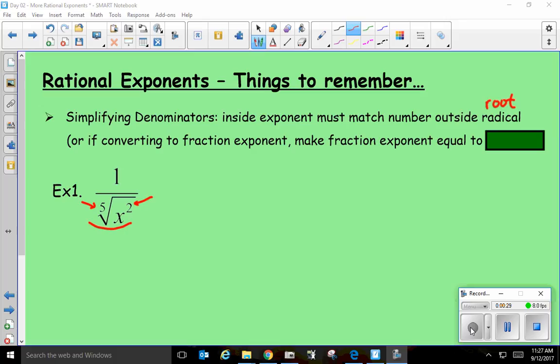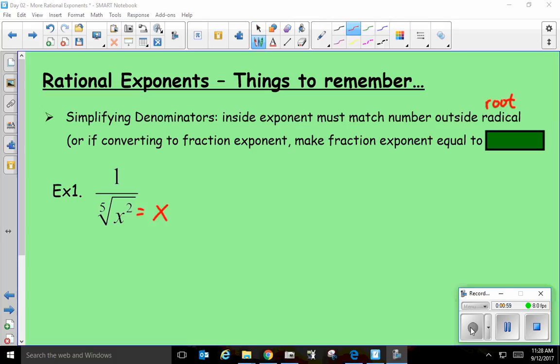How come? Because if I have this, and you don't have to write this down, we'll eventually get here. If I have this, my exponent of 5 and fifth root will cancel, and the radical goes away. So that's ultimately what I want to try and do for this fraction. But some people say, you know what, instead of dealing with radicals, I like to have a rational exponent, meaning I like to have my fraction as an exponent. Meaning if I was to convert this